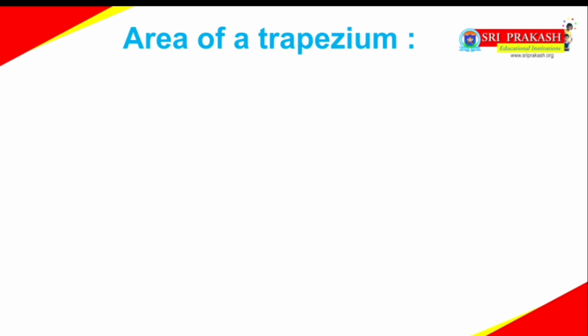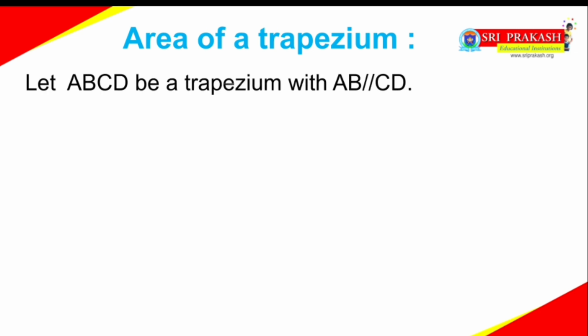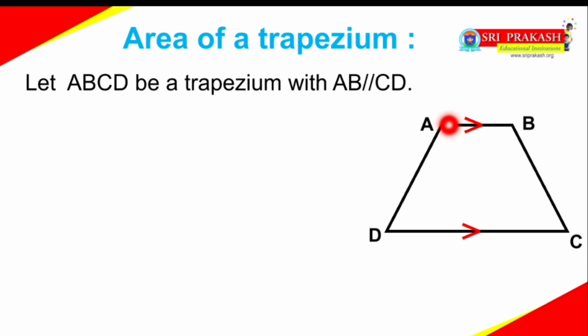Area of a trapezium. Children, what is a trapezium? Yes, a trapezium is a quadrilateral in which one pair of opposite sides is parallel. Now, we are going to derive a formula to find an area of a trapezium. Let us start. Let ABCD be a trapezium with AB parallel to CD. Now, let us take the lengths of these two parallel sides as